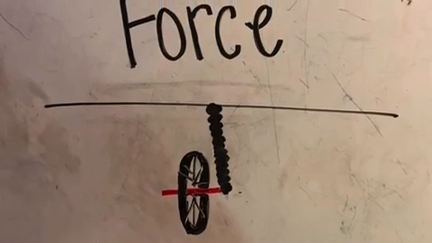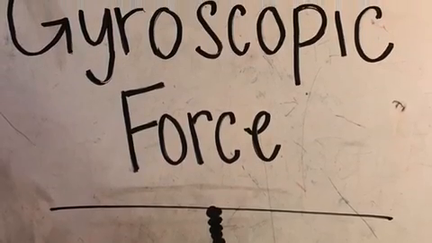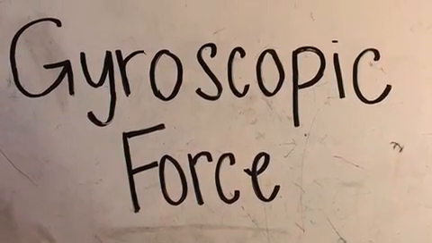Before we look back at the videos and diagrams, we first want to talk about one of the most important factors when riding a bike, that's gyroscopic force. So what exactly is gyroscopic force, Jay? Well, Jay, gyroscopic force is defined as a rotating gyroscope with the angular momentum vector pointing upwards exhibits gyroscopic motion as it resists falling over. Gyroscopic motion is the tendency of a rotating object to maintain the orientation of its rotation.